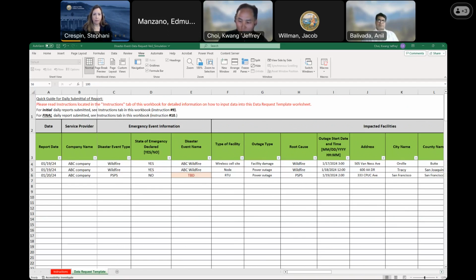Okay. And on day 3, which is the 21st of January, if none of your facilities are affected by PSPS or wildfire, simply send us this template along with any update you have for your previous data.